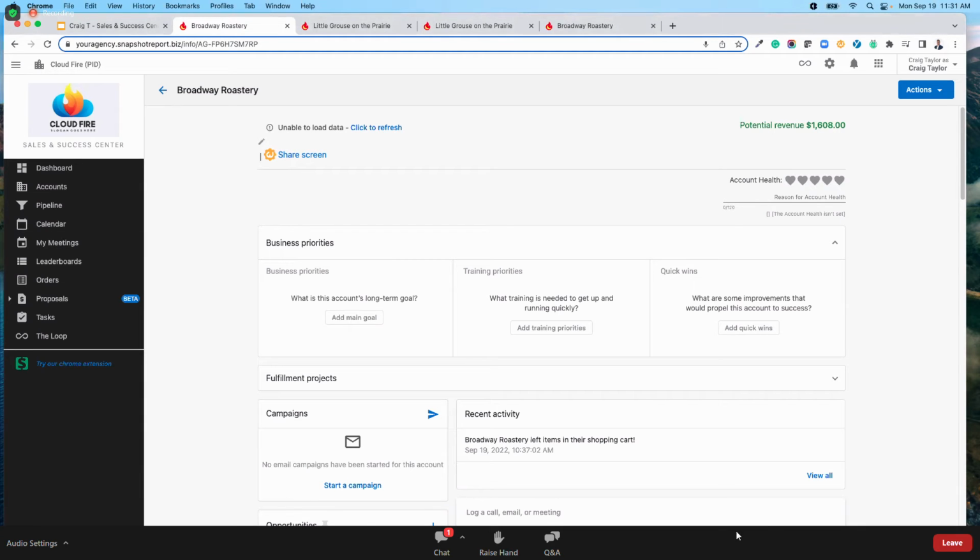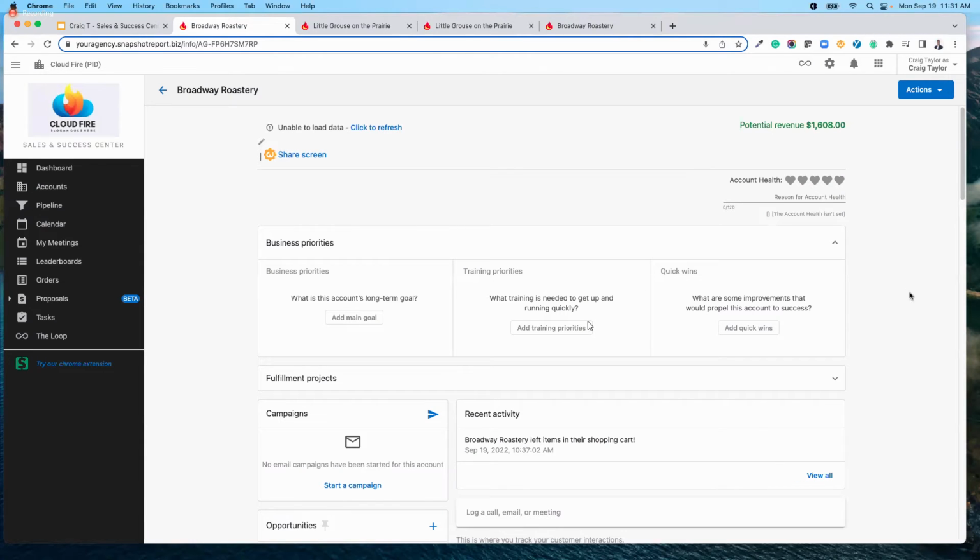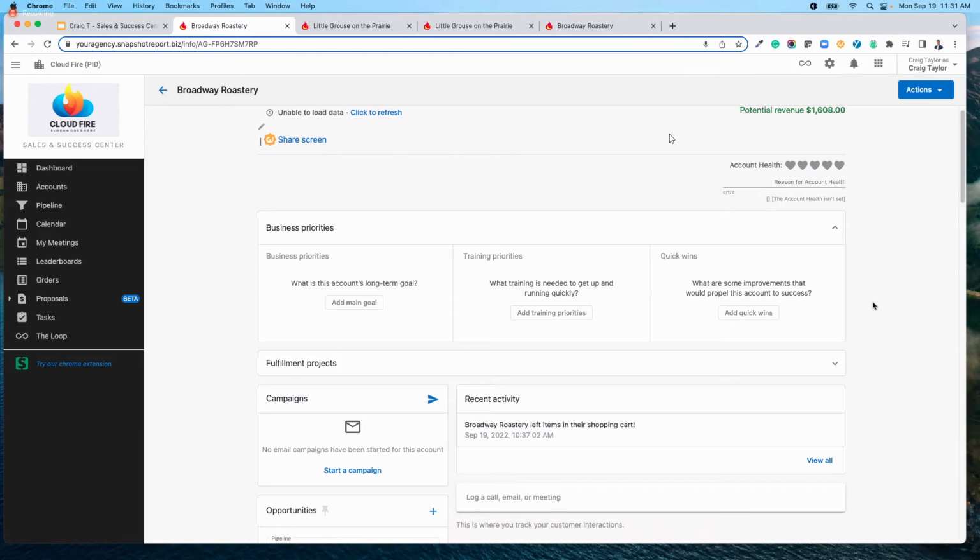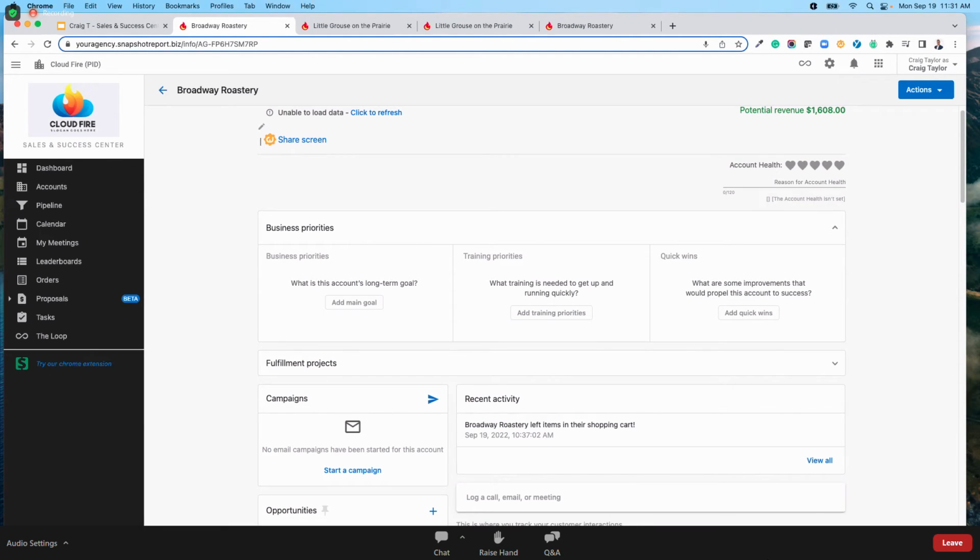So this is the workflow that I'm a little rougher in, so Ben's going to add comments in if we need to. It's one of the newer functionalities that we have, that ability to create a proposal. So if we're thinking about this from a total journey of what I'm doing with Broadway Roastery or one of the other restaurants that we had too,